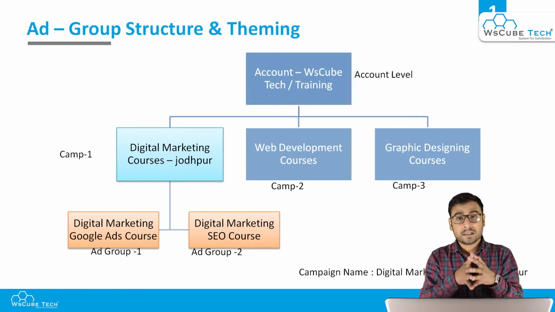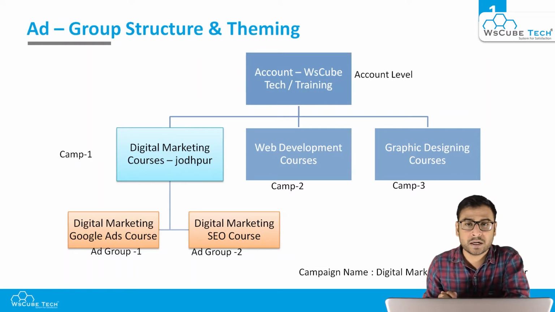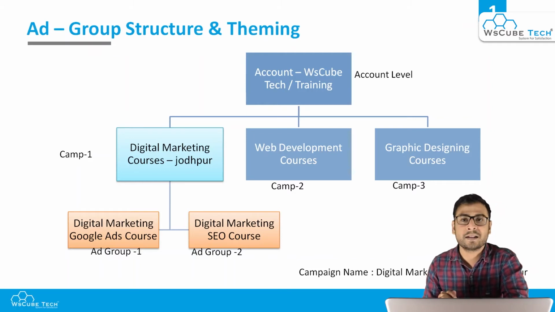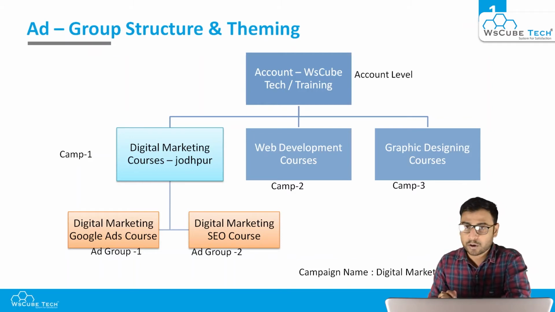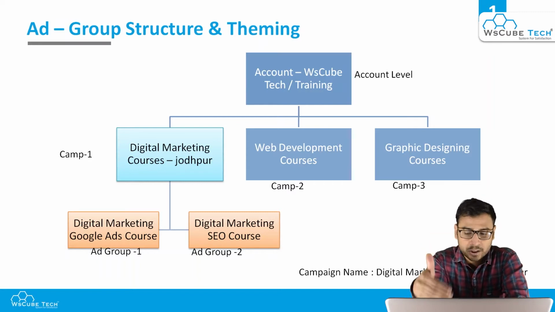This is the core of your campaign structure, and the core of your ad group structure. It helps you in so many things along with your quality score. Once your campaigns and ad groups are properly and thematically arranged, with similar kinds of keywords, that will increase your quality score. Yes, there is another point: your landing page optimization should also be there, and there should be relevancy between all these levels, between your Google Ads settings and your landing page. So this is how we should structure our ad groups.